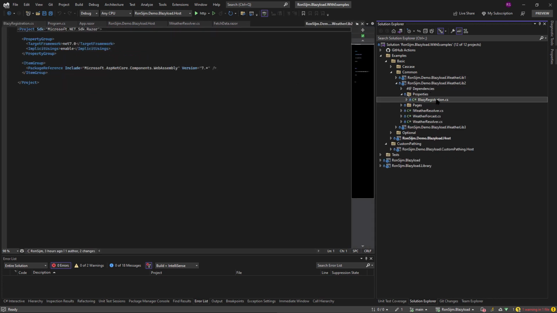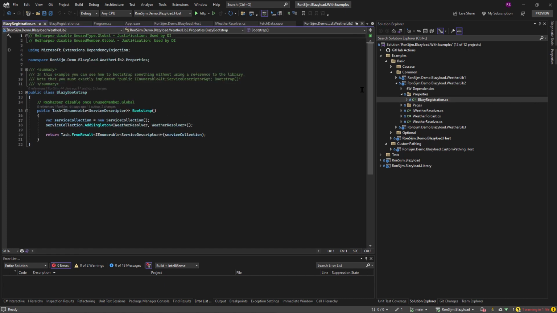So in my weatherlib demo 2, I'm doing the same thing. I have a BlazyBootstrap class, only in this case I don't explicitly implement the interface, and I also don't have a reference to my Lazyload library package. So this library is completely standalone and is not aware of any Lazyload stuff. The benefit of that is that you have libraries that are independent of the cross-cutting, such as Lazyload. Of course, it makes it slightly more challenging to implement your stuff correctly, because more reflection-based magic has to happen